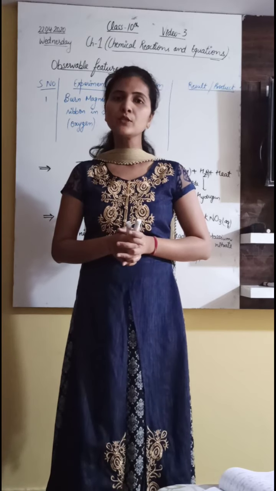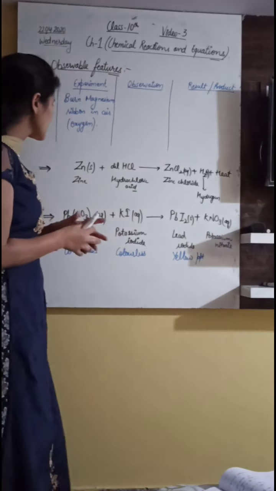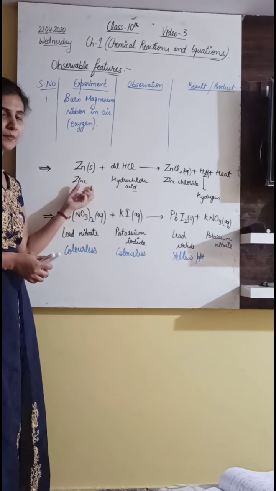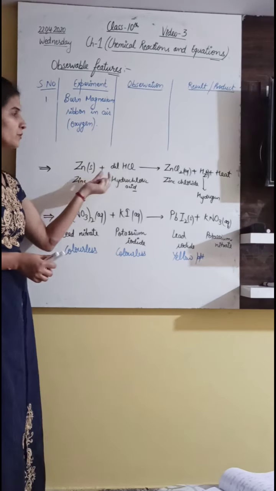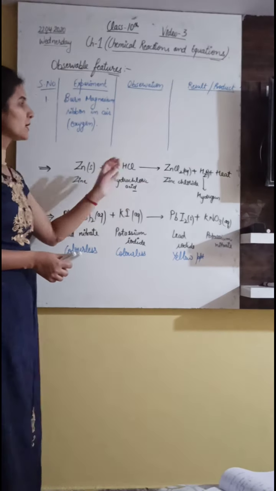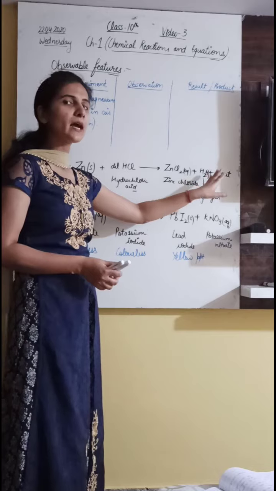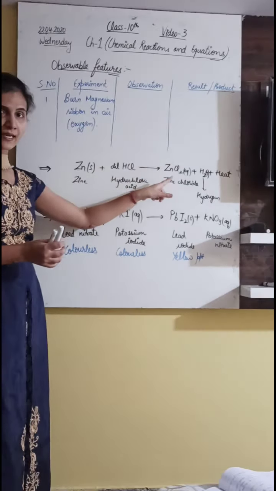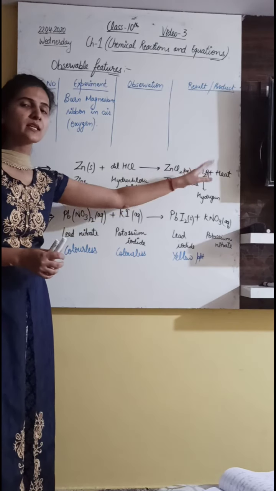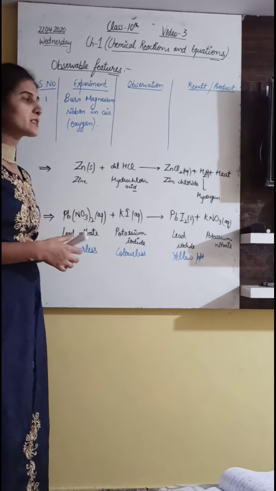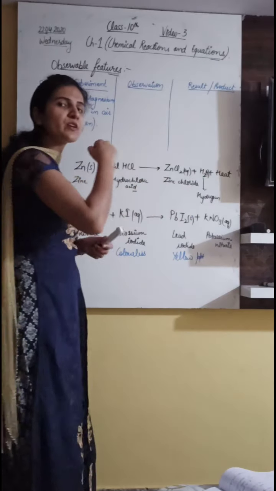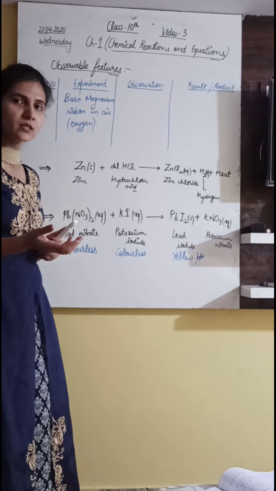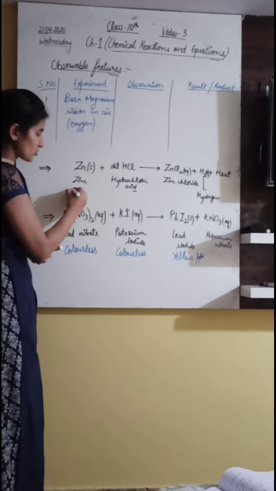So till now we have done two reactions. First one is when we are adding dilute hydrochloric acid on the zinc granules, then what will happen? Zinc granules are in solid form. Dilute HCl means it is in aqueous form. Then zinc chloride along with the hydrogen and heat will be produced. So what are the observations here? The observation is not that zinc chloride along with hydrogen gas and heat will be produced. The observation was that the test tube in which we are performing the chemical reaction becomes hot. So that means this reaction is exothermic in nature.